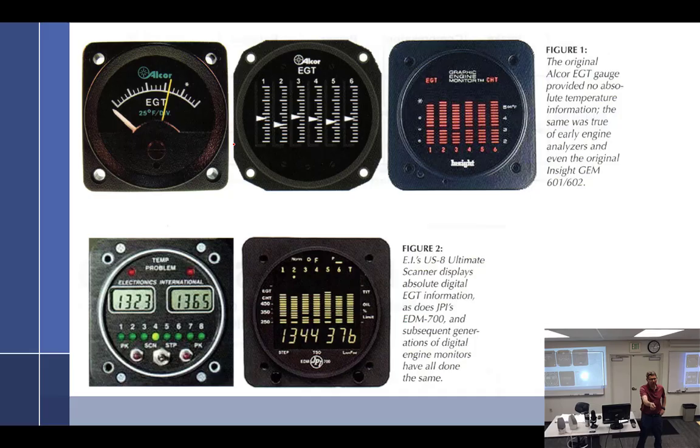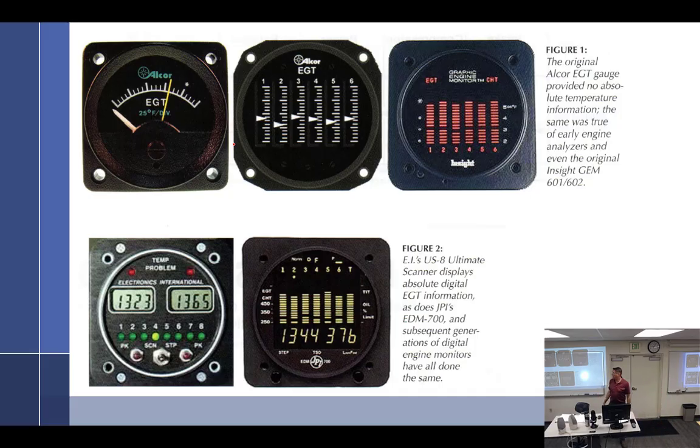Pull out the mixture, and as you pull the mixture, EGT is going to start going up and up and up. You keep pulling, it's going to go up, up, up, and then you keep pulling, it stops and goes the other way. So push it back in, and you find right there where it peaks out. Call that peak EGT because it peaked out. Follow? Peak EGT. And then, right when you're at peak EGT, with the little tiny screwdriver, a little tiny hole,